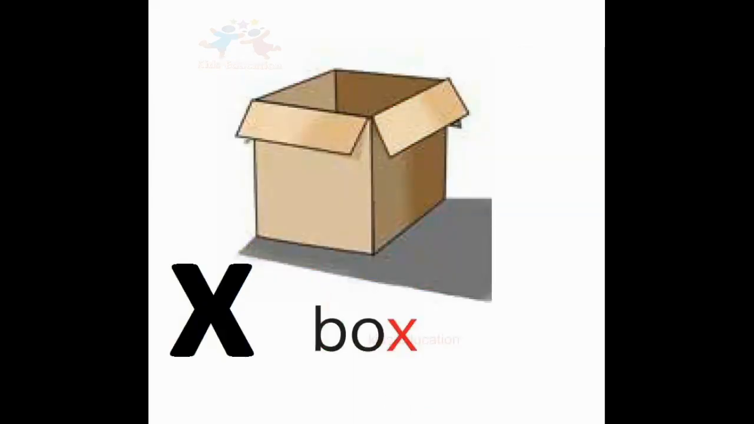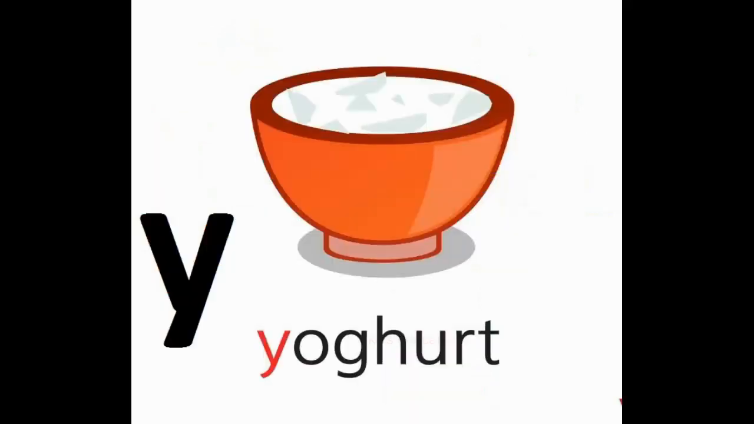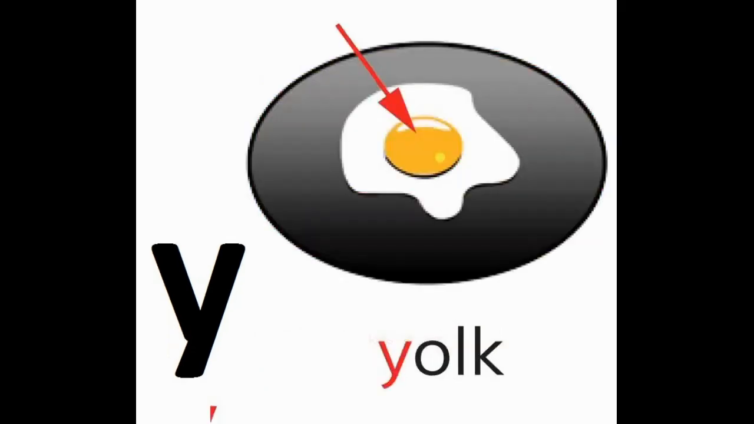X for box, box मानी डब्बा। X for fox, fox मानी लूमड़ी। Y for yogurt, yogurt मानी दही। Y for yolk, yolk मानी जर्दी।